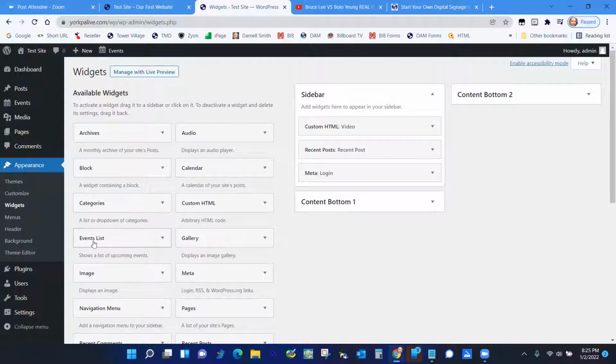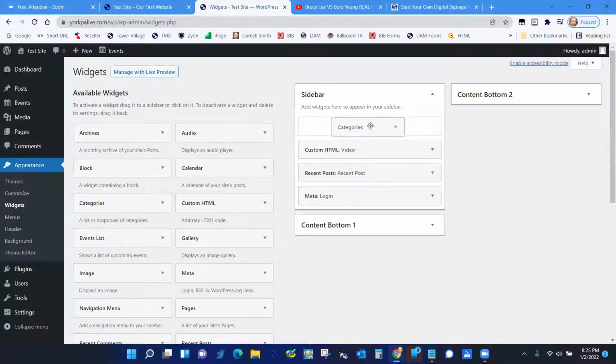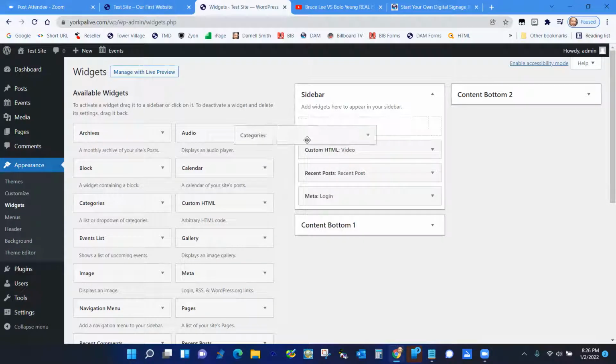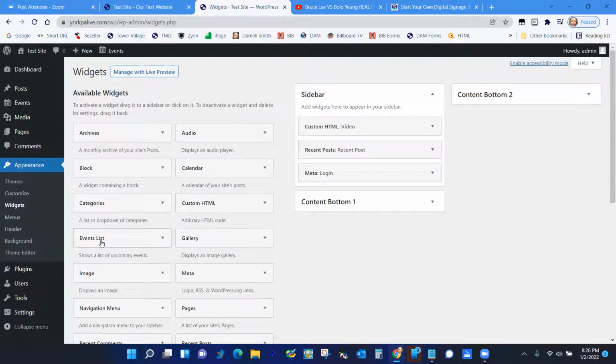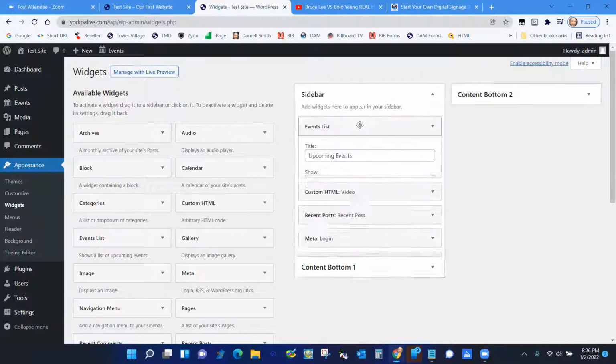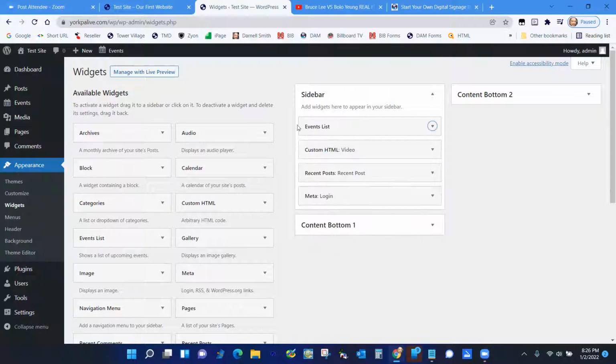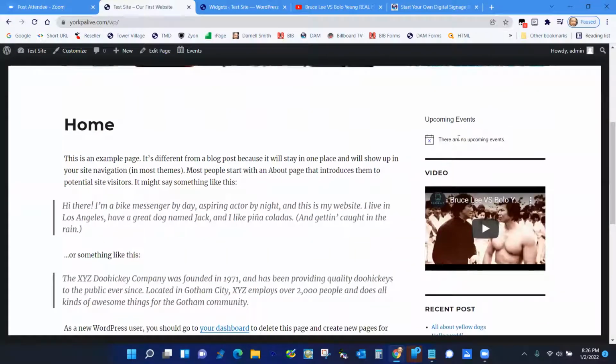There we go, event list. So we got one. We can take this one and grab it and sling it over to this bar, if we like. Call it, oh, wait a minute, I said calendar, the categories. I thought it was event list. Event list, right? Okay, upcoming events right there, see? Make it done. Go back to our website, refresh it, and notice that's another widget,